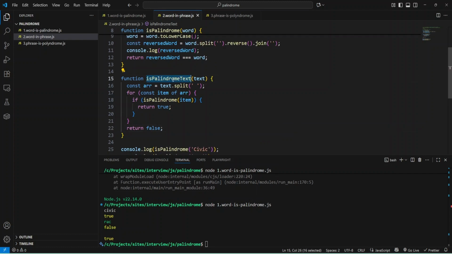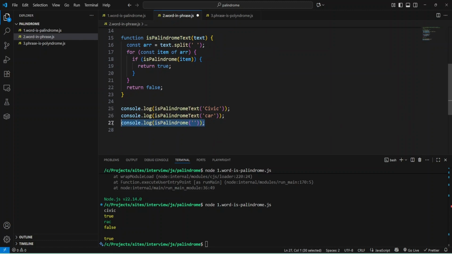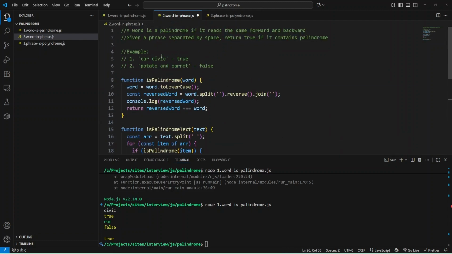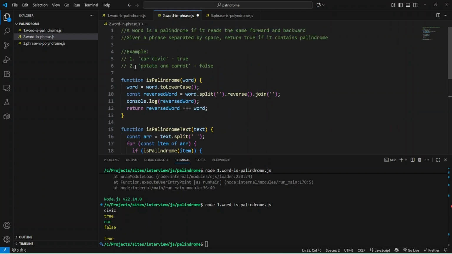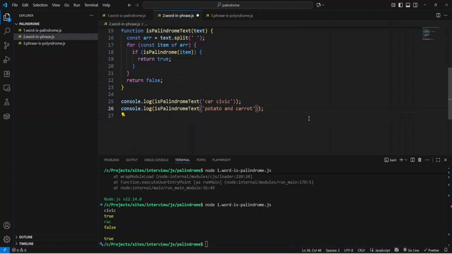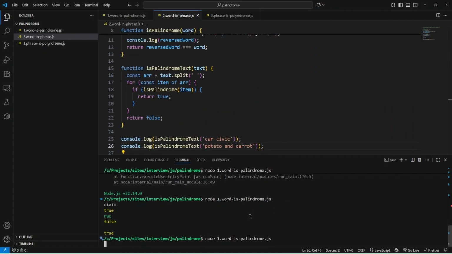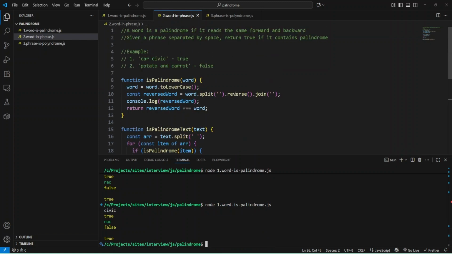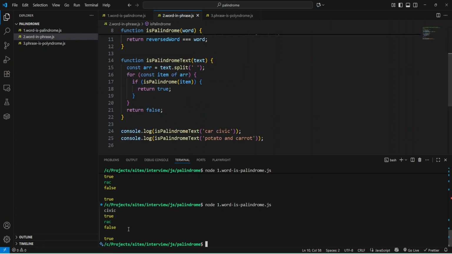Let's call this function, and I can remove this, and let's try these examples. They provided these examples during a real coding interview, so let's check. Actually, let's remove this console log because we know what we have here.